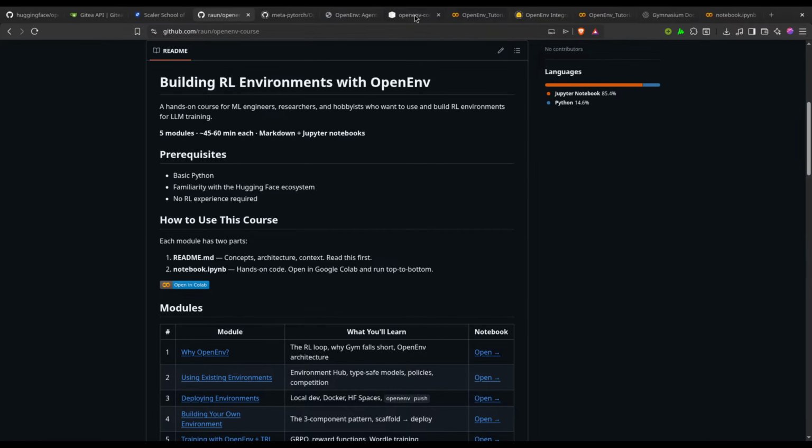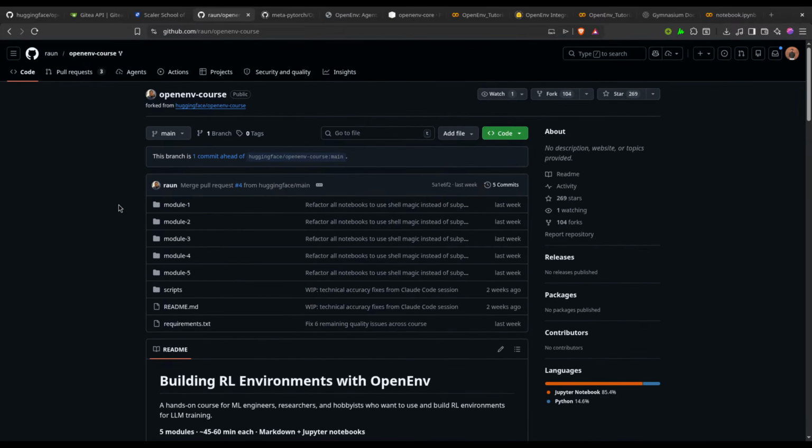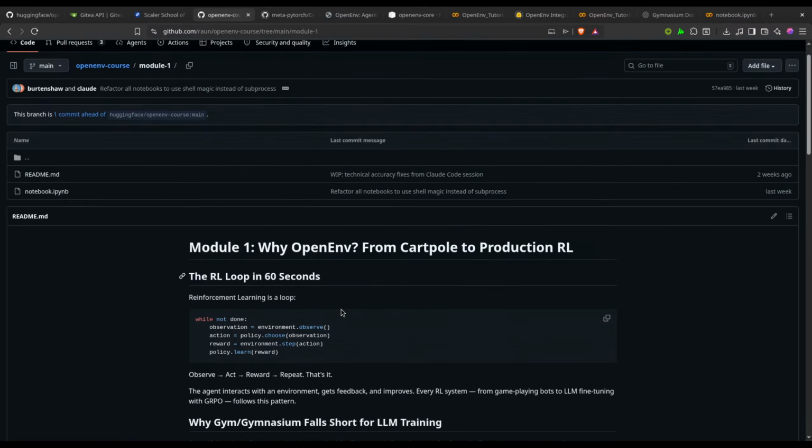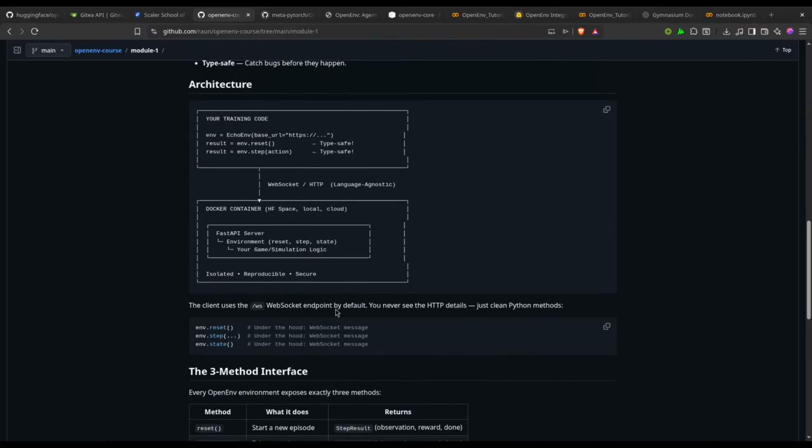I think we were able to explore module one, and we were able to understand how things are going.